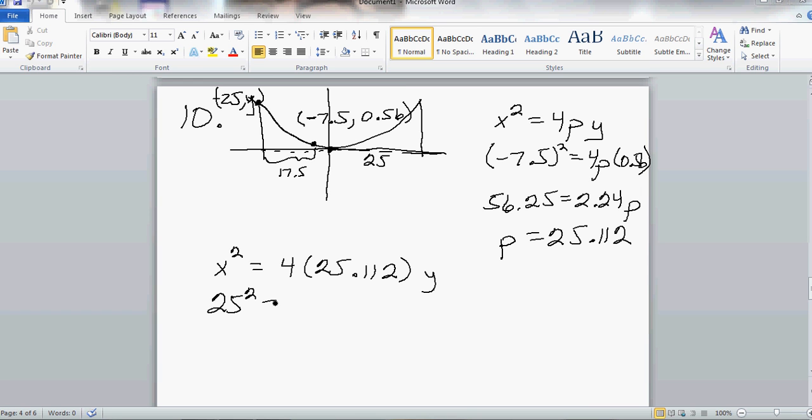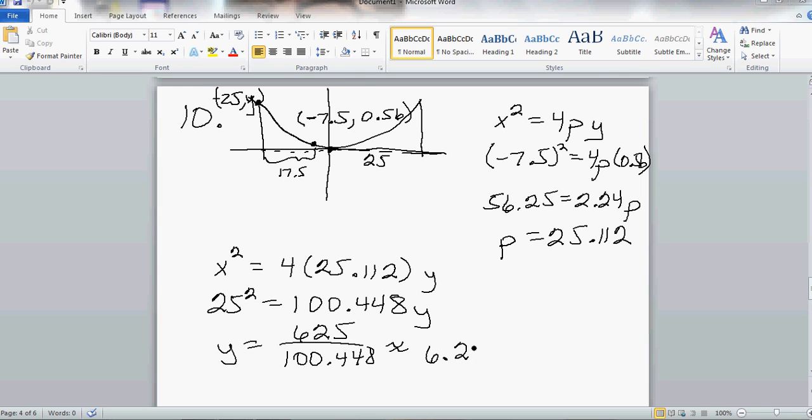So 25 squared equals 4 times p, which is 100.448, times y. 25 squared is 625, so y will equal 625 divided by 100.448, which is approximately 6.22 inches. And that is how high our towers would be, 6.22 inches, if everything else is